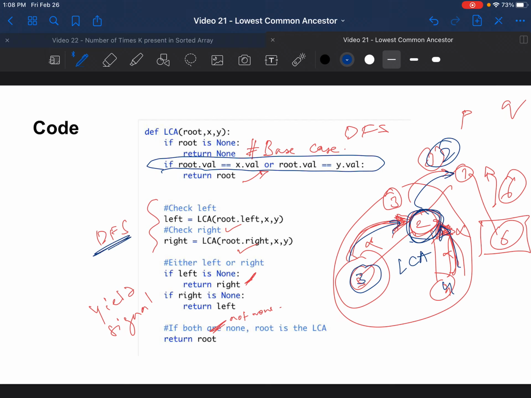It's a little tricky, but I really encourage you to solve this with examples, so it makes sense. This is plain old DFS with signal yielding. The signal is essentially telling you if it found the value or not. And if both tell you they haven't found anything, you are the value, right? So you sort of return yourself.